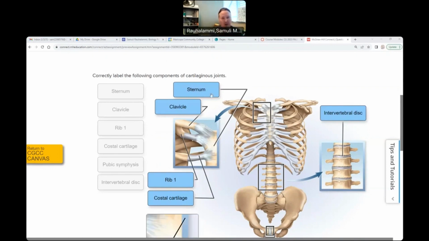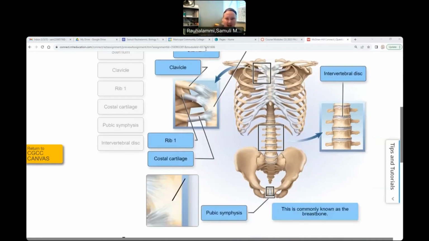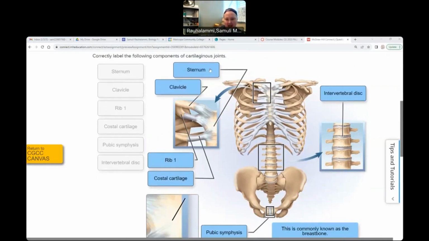So we're seeing the sternum here nicely, the breastbone being the layman's language name for this structure. And we're seeing our clavicle. I think the common word that we use for that is that we often describe that as our collarbone. We're also seeing our first rib here, which attaches the sternum directly underneath the clavicle, and we're seeing also our costal cartilage, which is important for attaching the ribs to the sternum. So a really nice joint here.